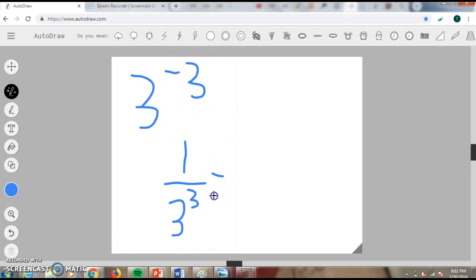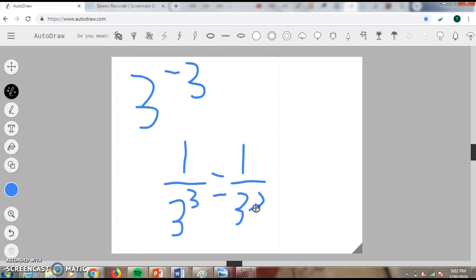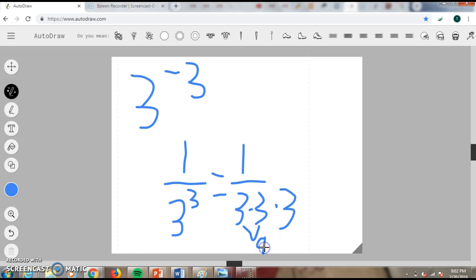So this would translate to 1 over 3 times 3 times 3. And of course the 3 times this 3 would give you 9, and then the 9 times this 3 would give you 27. So you'd end up with 1